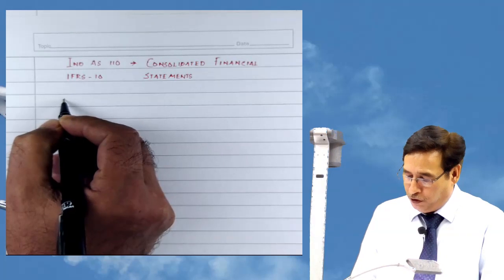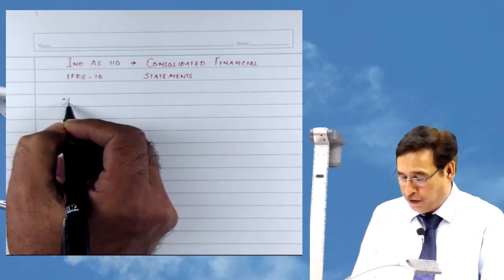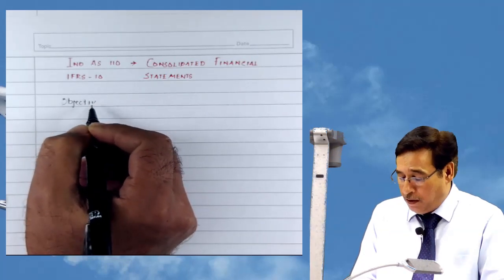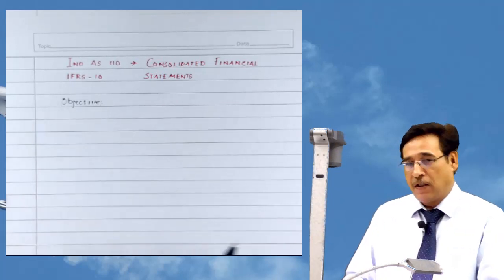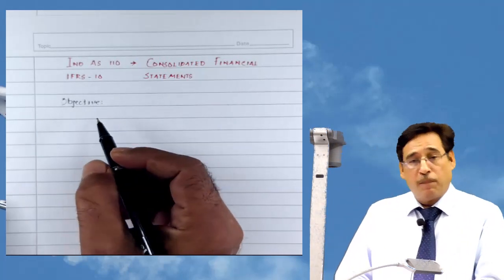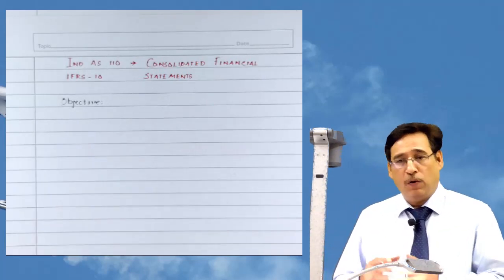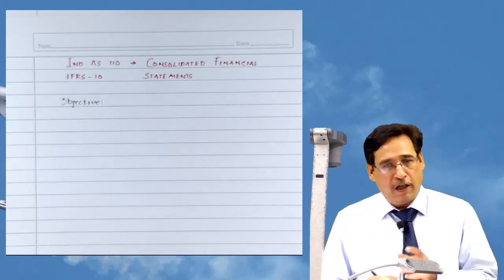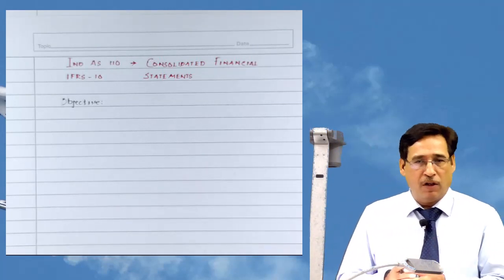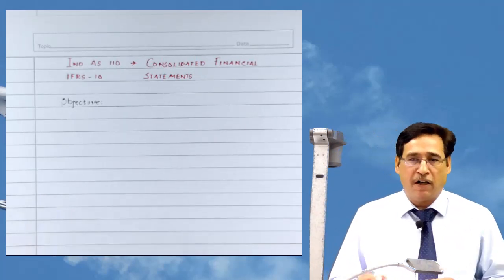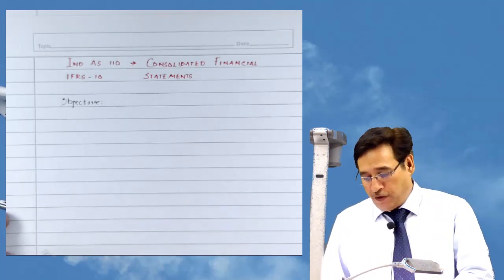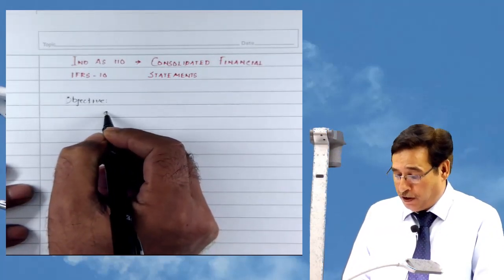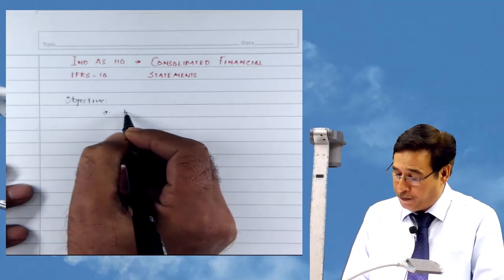Now we come to the point. First of all, we need to know the objective of this standard. So what's the objective of this standard? The main objective is that if you happen to be a parent and you are in control of one subsidiary or more than one subsidiary, then as per the guidelines of this standard, you are supposed to prepare the consolidated financial statement. That happens to be the first guideline. I am writing it, and of course I am going to explain it. The first guideline of this standard states that every parent